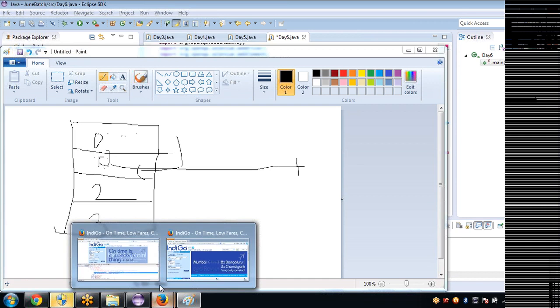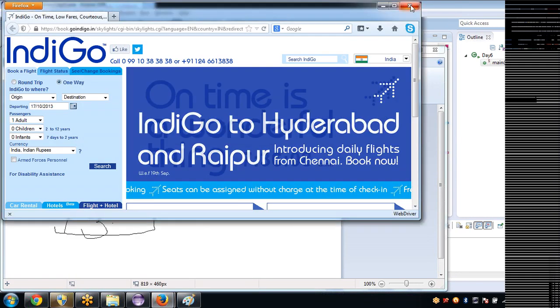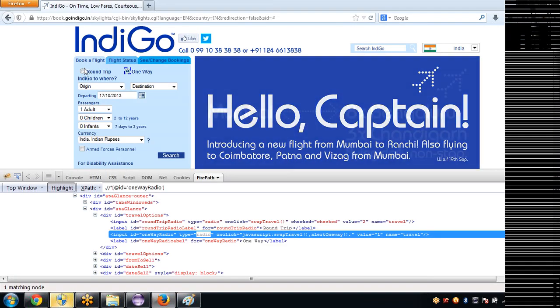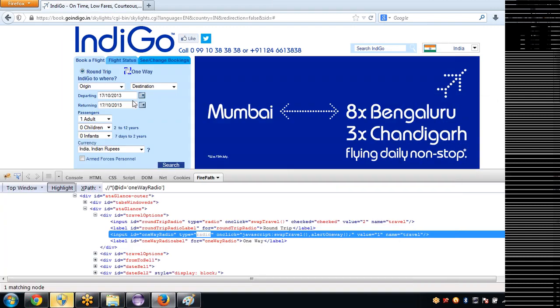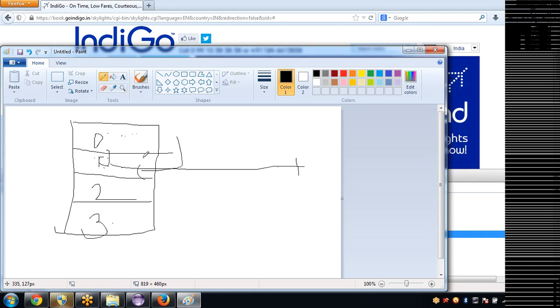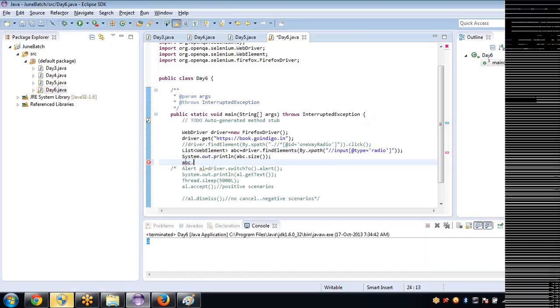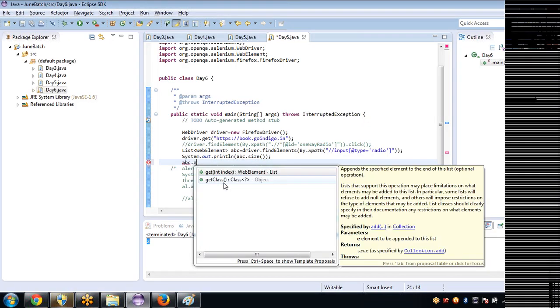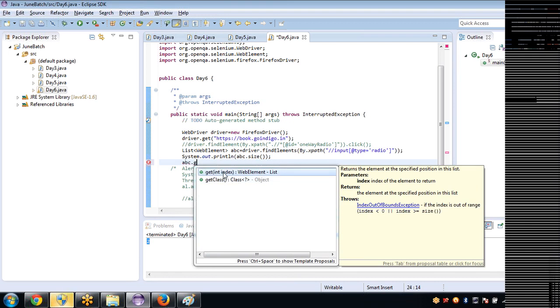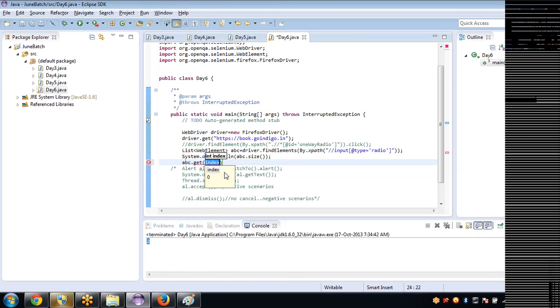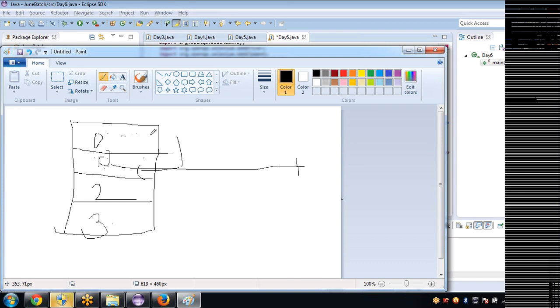In the 0th index, this will get stored, right? The 0th index will be there in the list, because in the list it is stored first come first out. This will be stored here and this will be stored here. If I say ABC dot get, get of index, I'll say get of 1, then control will go here, 0, 1, right? So control will stand here.